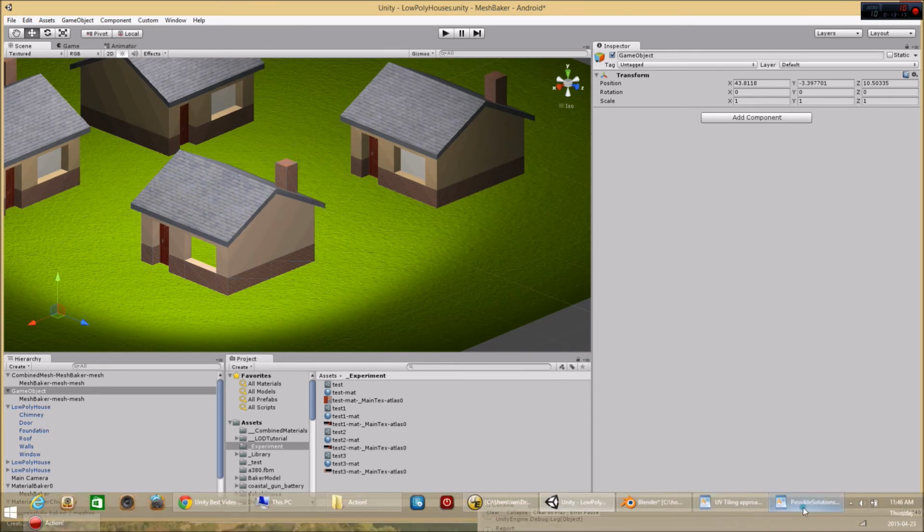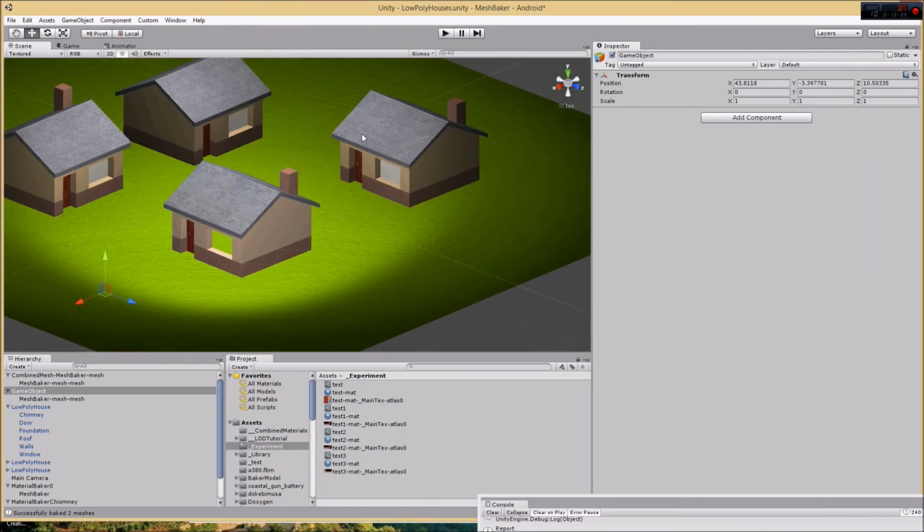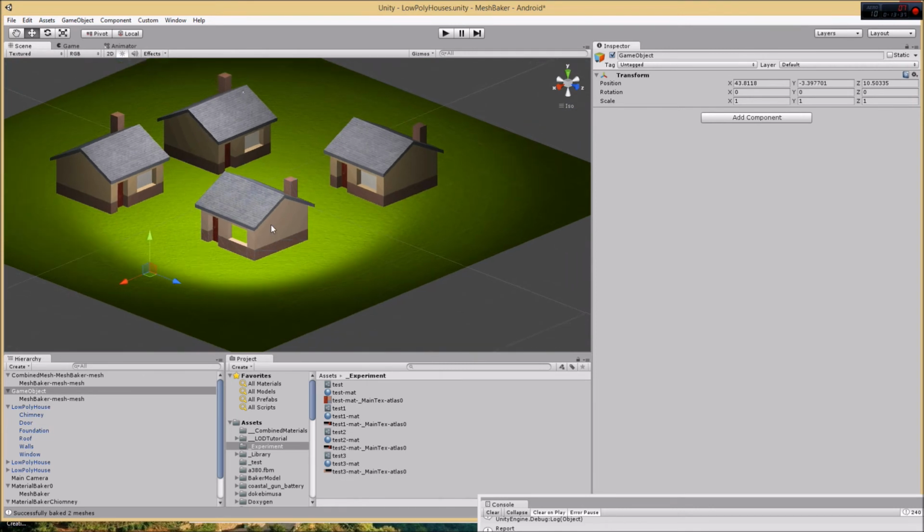So we've done the bake the tiling. We've combined like with like, and then we can map the tile objects to their own submesh. Yeah, actually before I do this, so in this scene, a good strategy would be to combine all of the